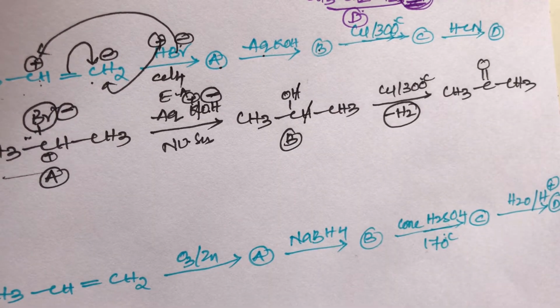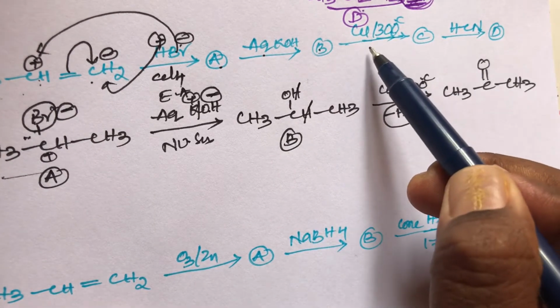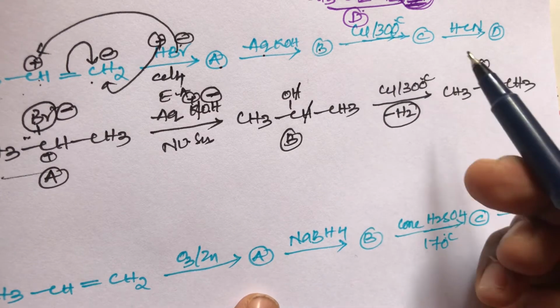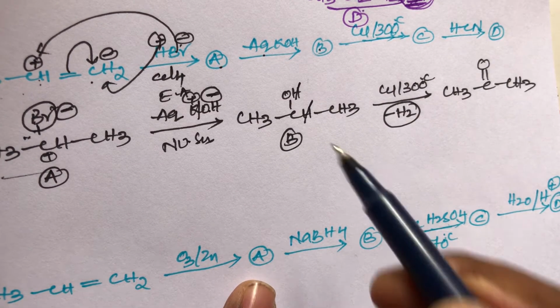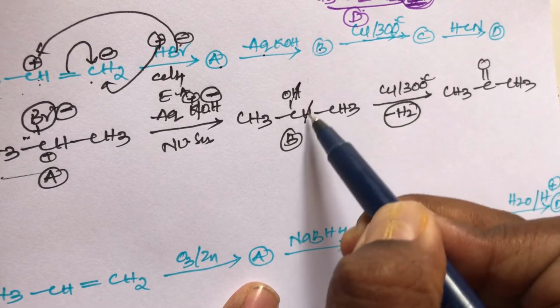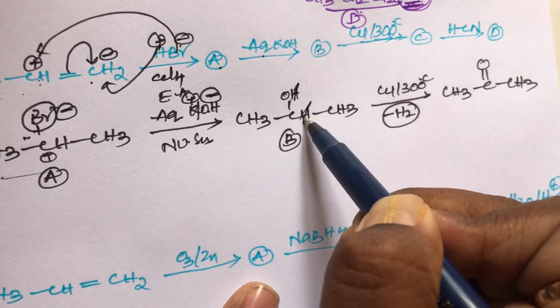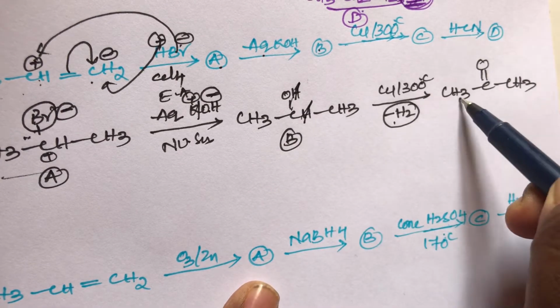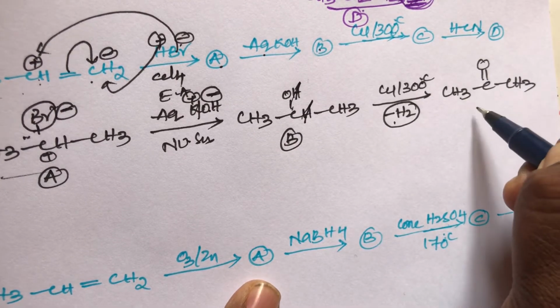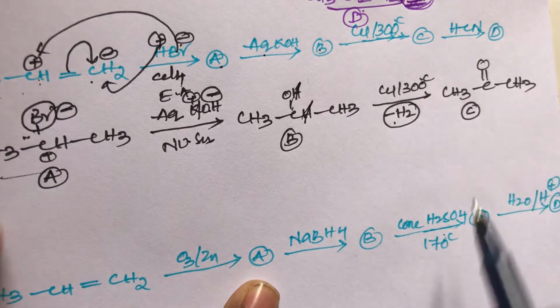In the conversion from B to C, what is the role of copper, students? This copper acts as a dehydrogenating agent. Dehydrogenating means removal of two hydrogens, one hydrogen from oxygen, one hydrogen from carbon. Here two hydrogens are eliminated, and the remaining carbon forms a double bond, giving CH3COCH3, which is called compound C. This is compound C, acetone.